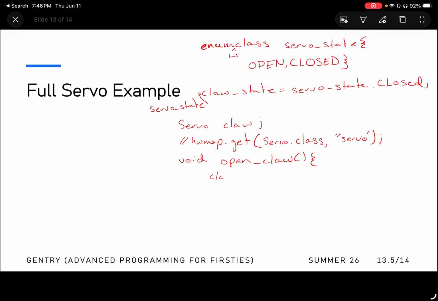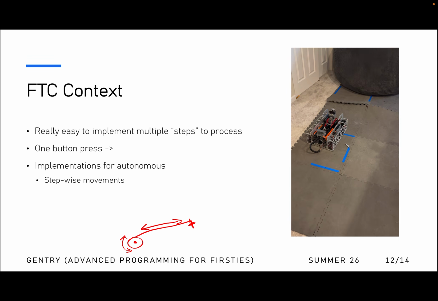It would set clawState equal to ServoState.OPEN. Then we would close that off and we could define a void function for close claw. And you can guess what would be in there. It's pretty simple. But then we can add in our actual code,